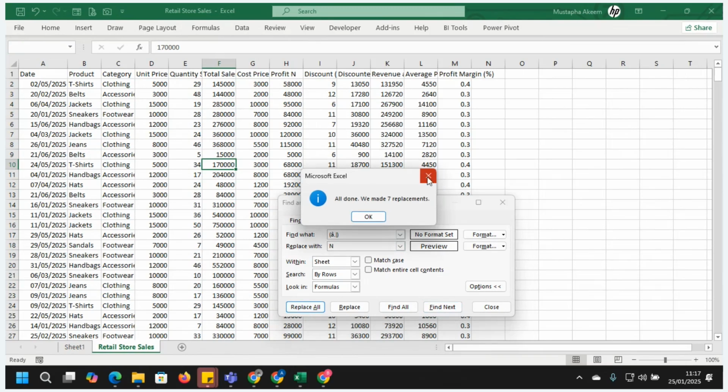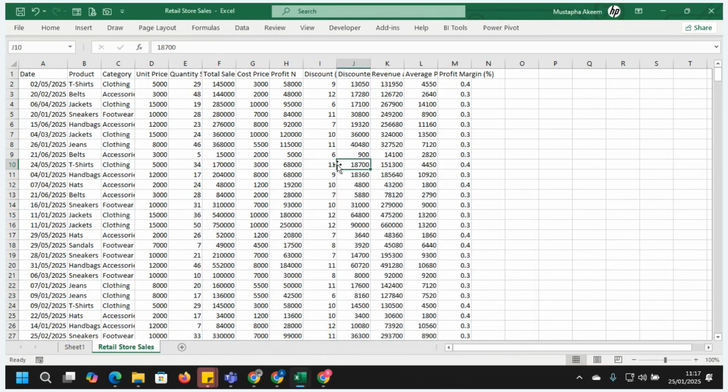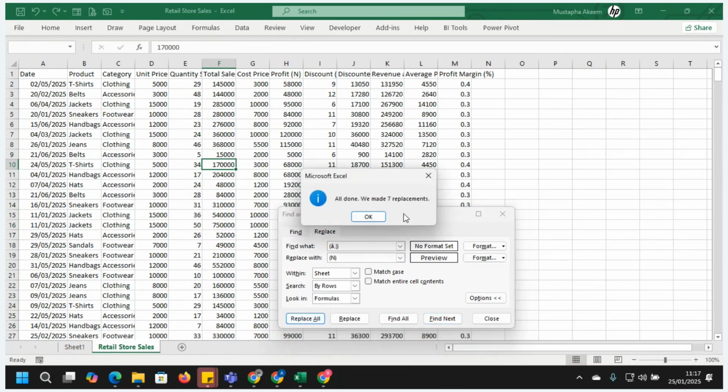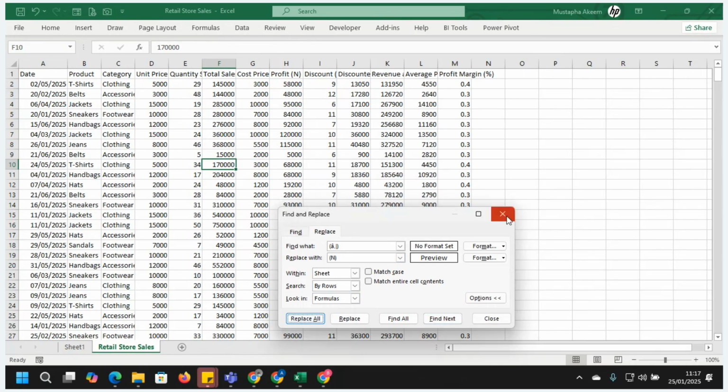Okay. You can see that. Oh, it has taken away even the bracket. Let me undo it with Ctrl Z, and I'm going to do it again. Ctrl H. Wherever you have this, change it to bracket and bracket. And click Replace All. Seven replacements. Done.